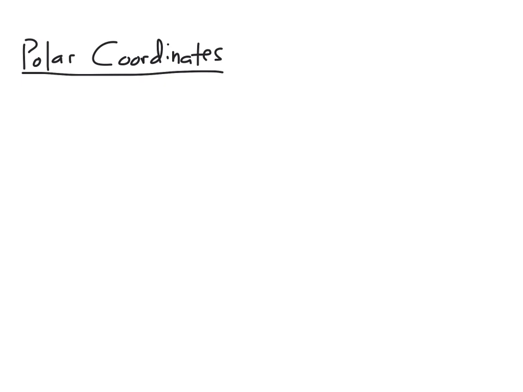In this video, we're going to have a short discussion about the use of polar coordinates. Polar coordinates are used as an alternative to the standard Cartesian coordinates for describing points in the plane. In this course, we're going to use polar coordinates to describe certain regions so that we can compute the double integrals over those regions in an easier fashion than we would if we were using the standard Cartesian